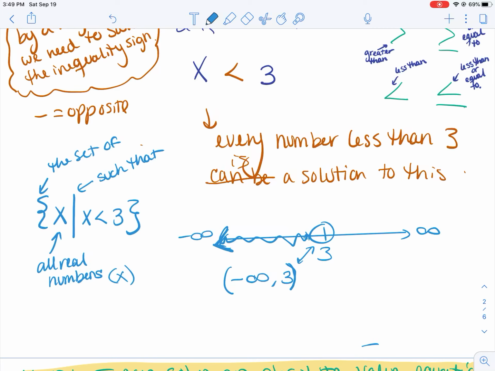If this were, for example, the expression x is less than or equal to 3, and 3 was filled in, then we would have everything from negative infinity, still not including infinity, up to 3 with a hard bracket, because 3 is part of our solution, okay? So the hard bracket corresponds to a closed circle. A soft bracket, or a parenthesis, corresponds with an open circle. So keep that in mind when you're trying to express